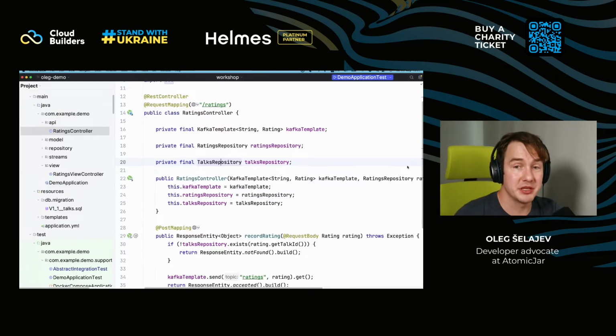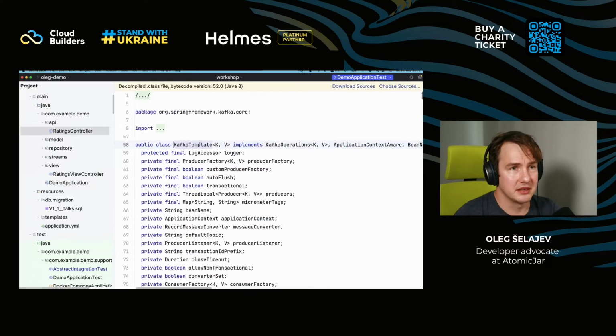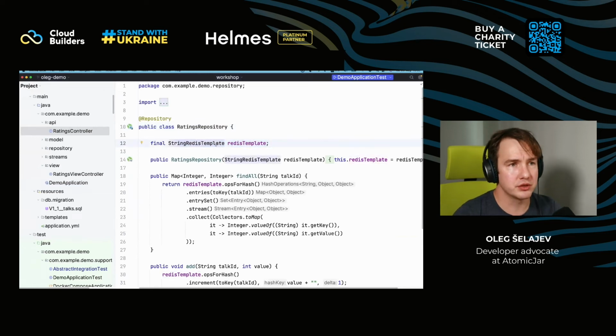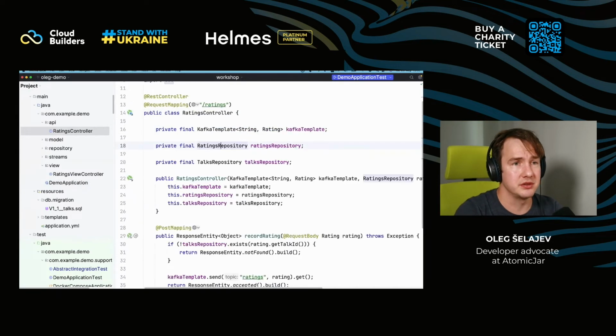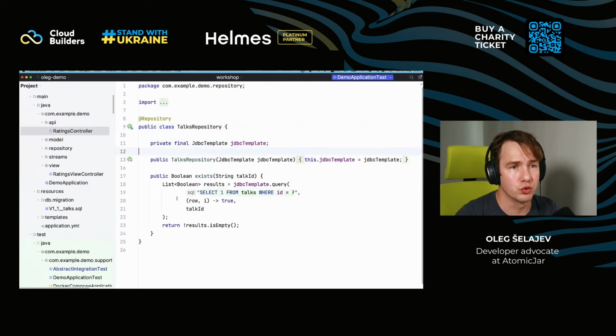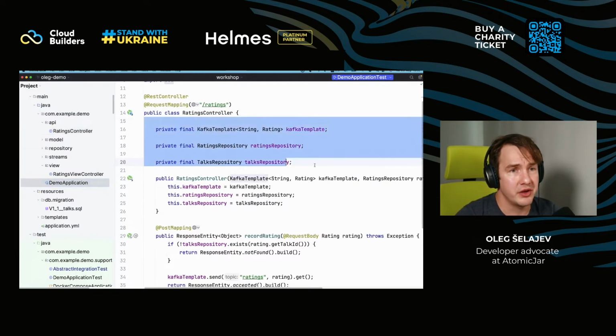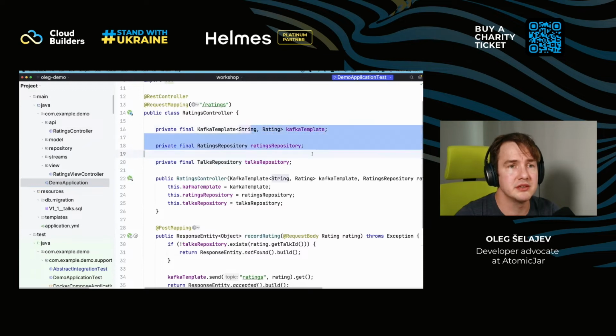But the importance of this application, why is it a cool application, is because it works with different services that it requires for the application to run. So it uses Kafka to store ratings, and it does that through Kafka template. It uses the Redis key value store to store something else. The particular details of the business logic here are not that important, but it does use Redis, and it also uses the JDBC normal relational database to store the sessions. So this application is fairly an overkill for the demo, but it uses a bunch of technologies that we need